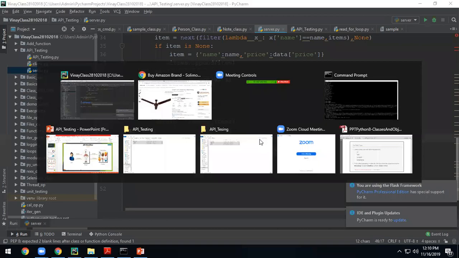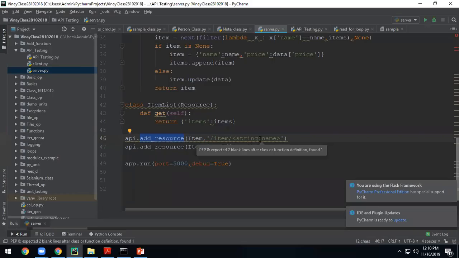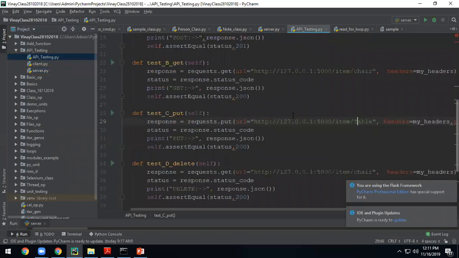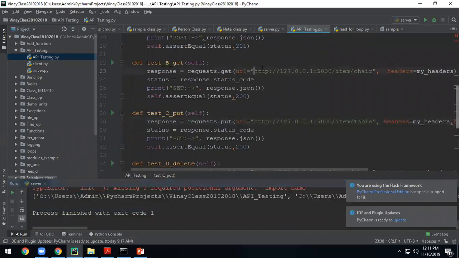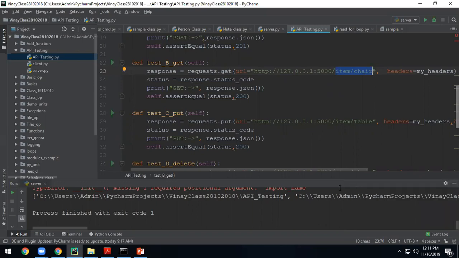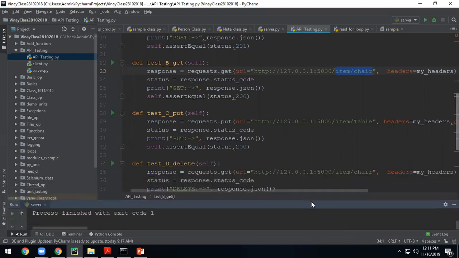Now, I did not develop an Amazon service. I did only a sample service to show you. Now the actual business starts here, API testing. This is the place where you have hosted your website, and this is the endpoint for you to access it. You got the point? Everybody understood?